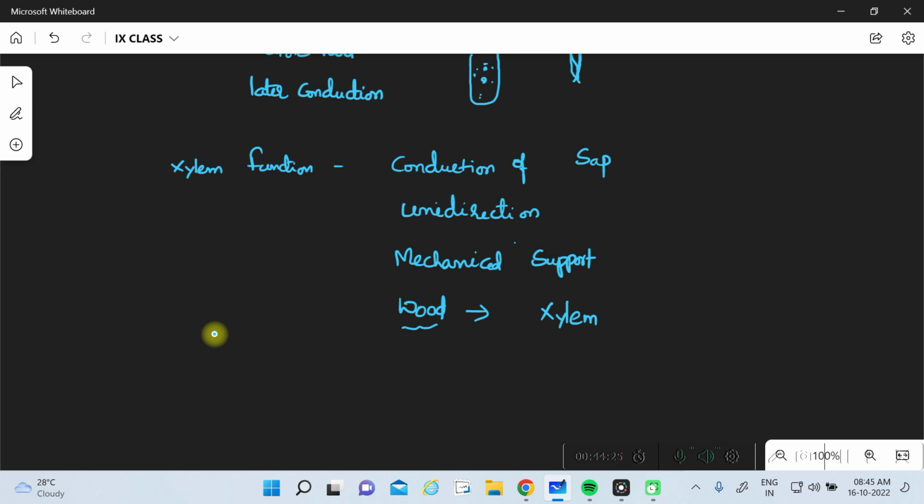So with this, I am ending today's session on plant tissues. We have completed cork, which comes under simple protective tissue. Today we have taken up complex tissues, and we have finished the first part of the complex tissue, that is xylem, which is very important from the examination point of view. So I urge all of you,